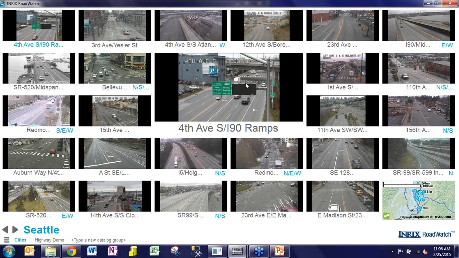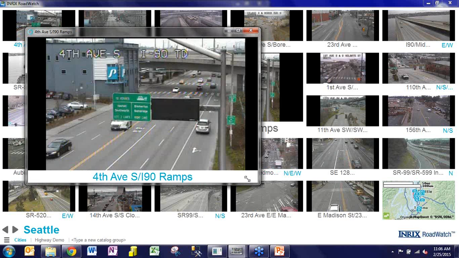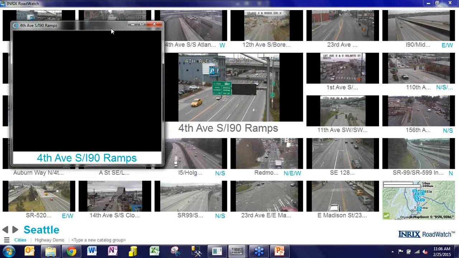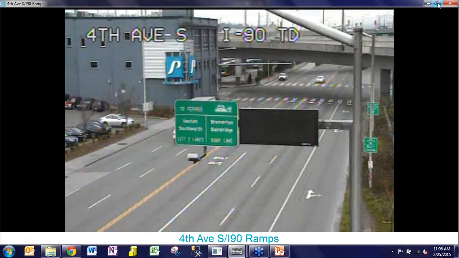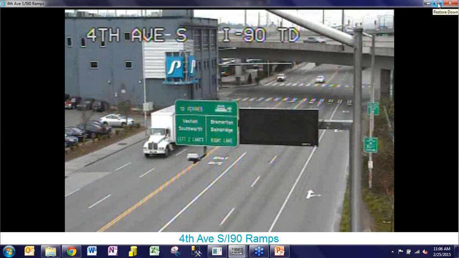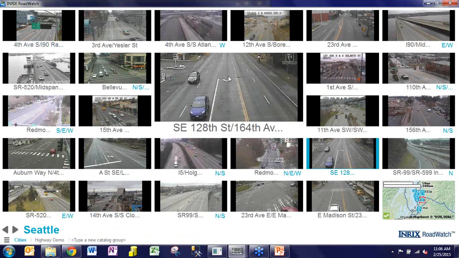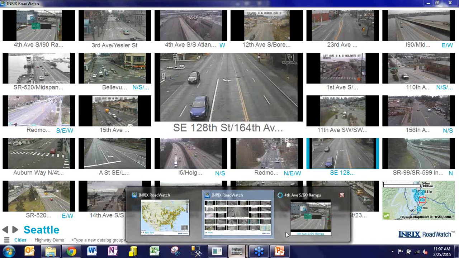Within the center pane, you have the ability to actually drag this camera out now, undock it from the video wall, modify the size if you wish. If you can envision multiple screens, this can be taken over to a multiple screen setup and even displayed in full screen. There is no limit to the number of undocked images that you're able to utilize. So you begin to get a feel for the flexibility offered within